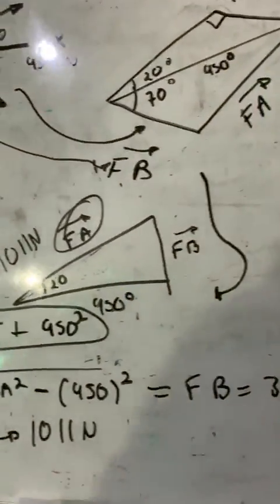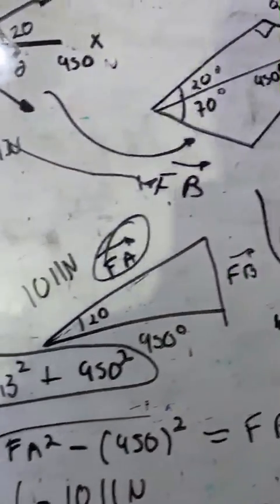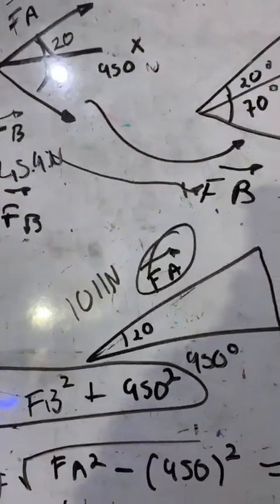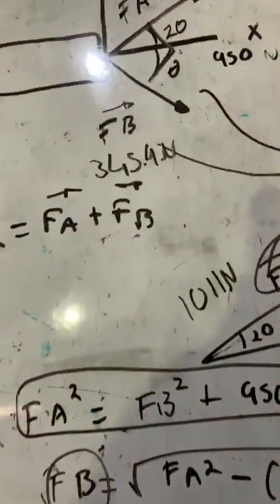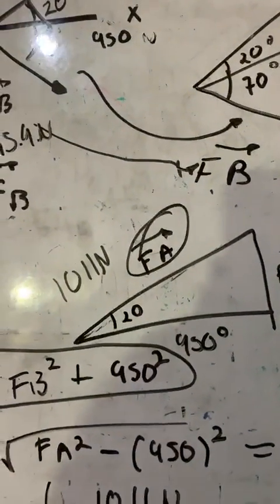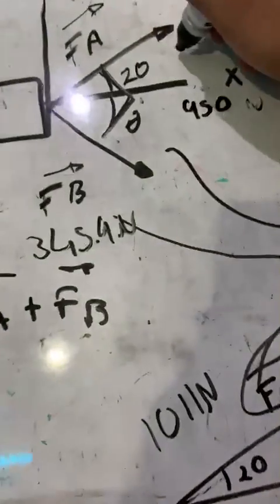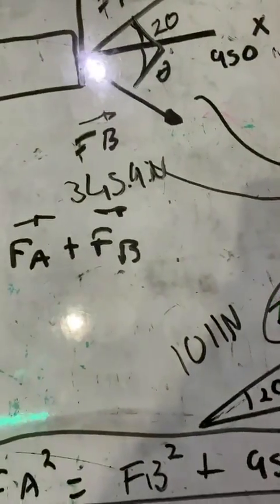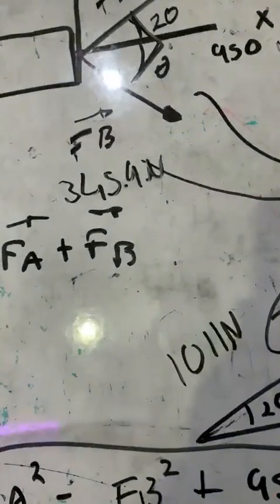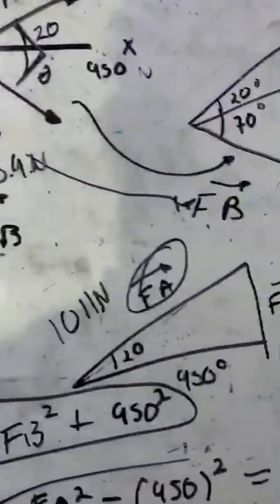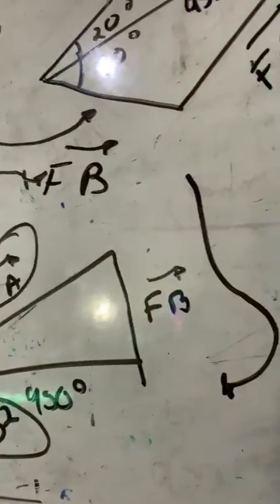This force is equal to 345.9 degrees. But we have a problem, because the problem says that we have to get the minus force for force B. And what is that force? Remember that to calculate this, we get the force B, and this is the minus. So we are going to use this force, because this force is bigger than the other. So for the final results, we have the force A